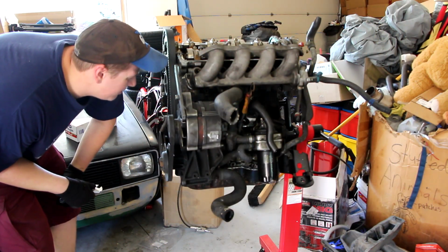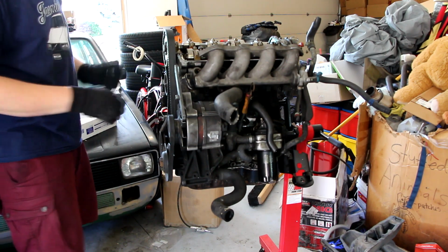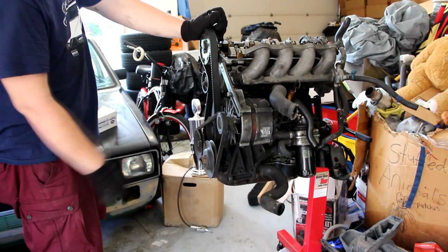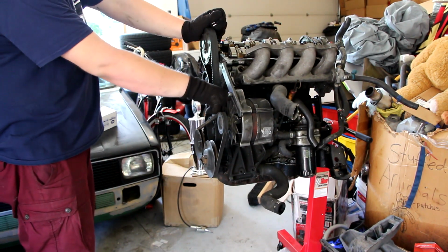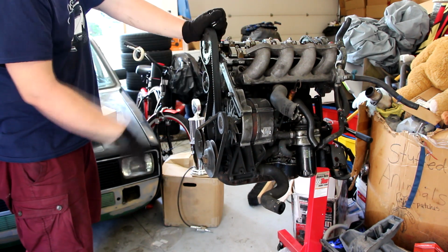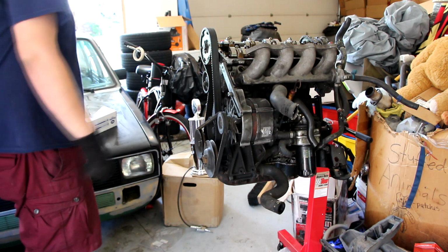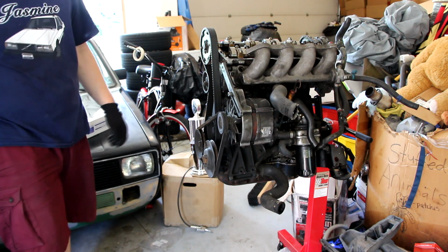I don't even think this is the right alternator bracket for this alternator, because there's two more spots where I think some bolts would be but aren't, which may have explained the 15 washers holding that on. So it's always fun to find some stuff that's been